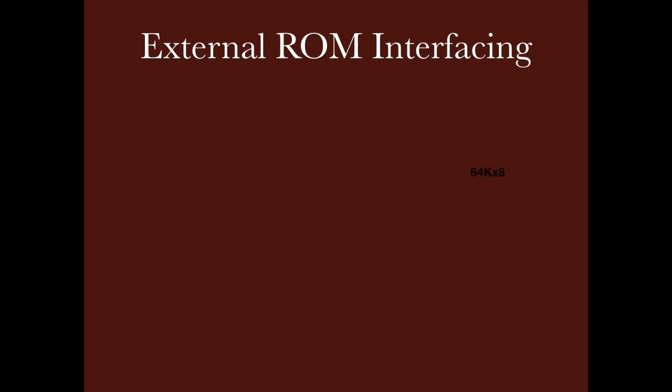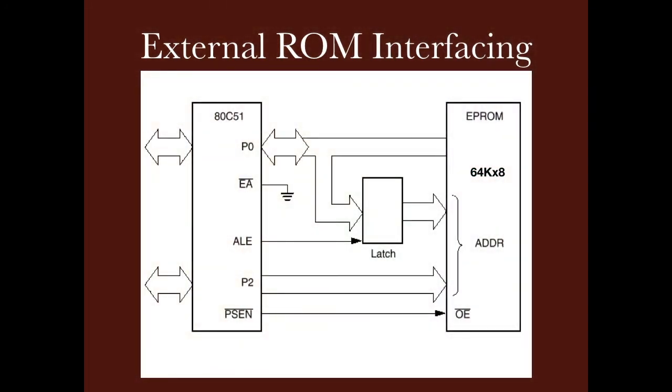This is a diagram showing external memory interfacing. You can see here we have a 64K EEPROM which is to be connected. Port P0 gives AD0 to AD7, the lower order address data bus, which is demultiplexed using ALE. So ALE here is separating A0 to A7 from D0 to D7. EA bar is low, indicating we are using external ROM. Port P2 is used for the higher order address bus. So I hope now the memory part is clear to you.